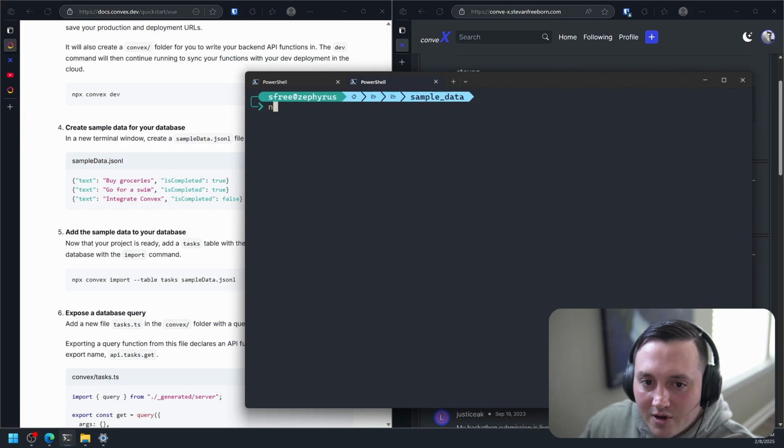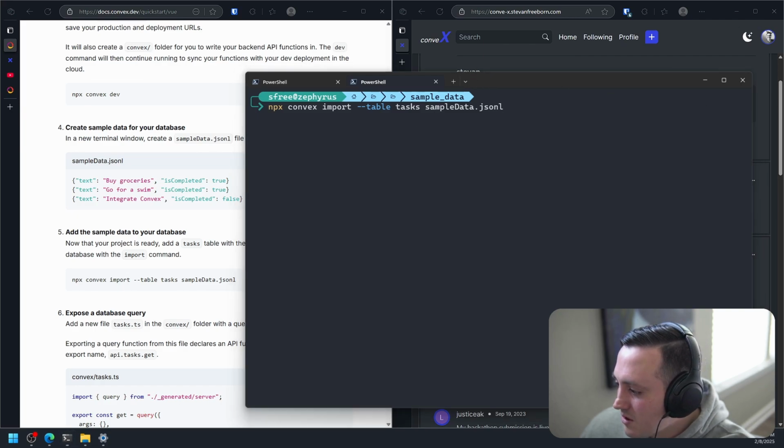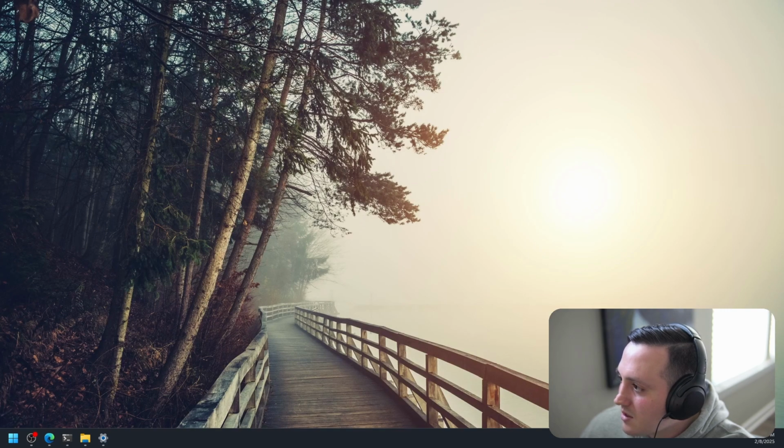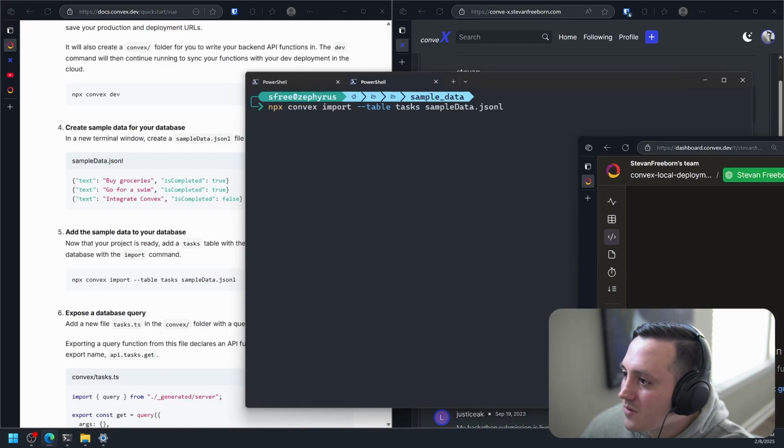Okay, now we'll rerun our command, which is npx convex import --table tasks sample data.jsonl. This is just an easy way for you to get data into your Convex database, right? If I look at my Convex database at the moment, it's empty.